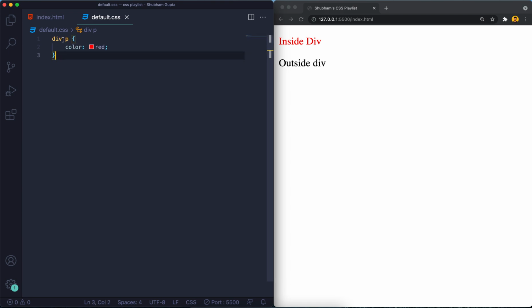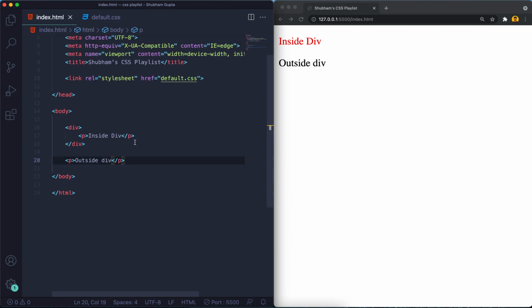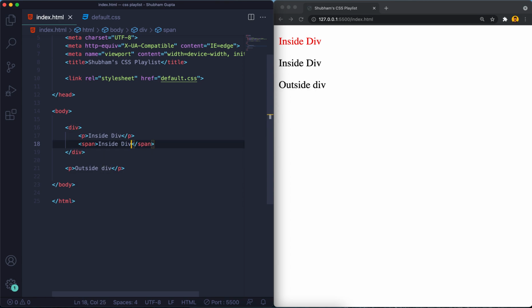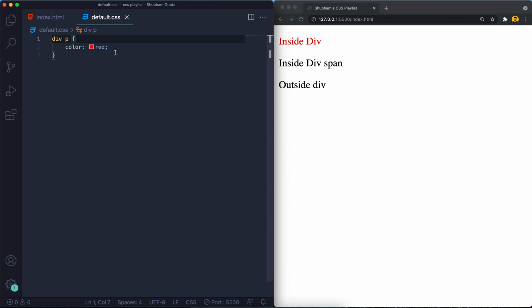This is a kind of child operation, we can give a space. Let's suppose there is a paragraph and there is also a span inside the div. You can see the paragraph is getting the red color but the span is not.